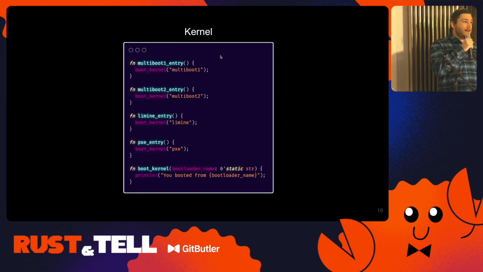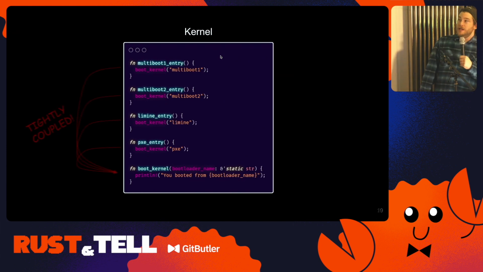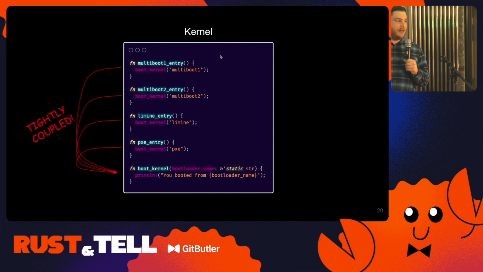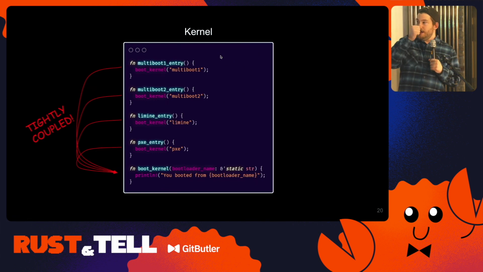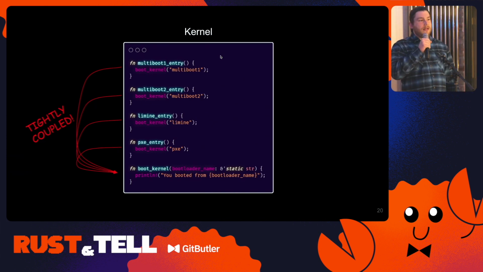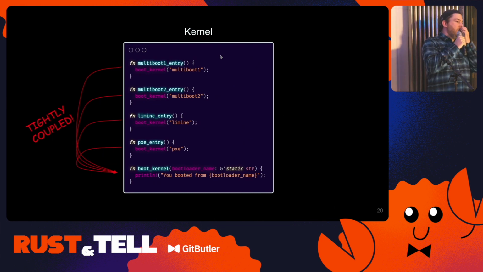It causes tight coupling in the kernel. So, for example, if we have Multiboot 1, Multiboot 2, Limine, PXE, and maybe 10 other ones that we want to support, the kernel otherwise has to know about all of them. That means rebuilding the kernel every time you make a modification to one, or a bug report, or if you want to add one or remove one, whatever it is, you have to rebuild the kernel. And if you've done anything at scale, if you've worked with Linux at all, rebuilding things and redistributing them, especially something as touchy as a kernel, can cause a lot of problems.